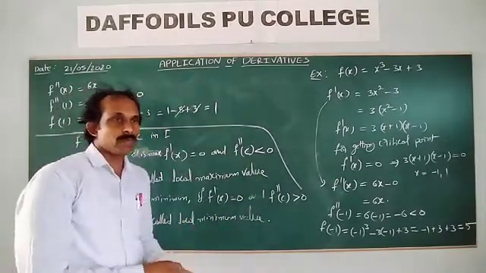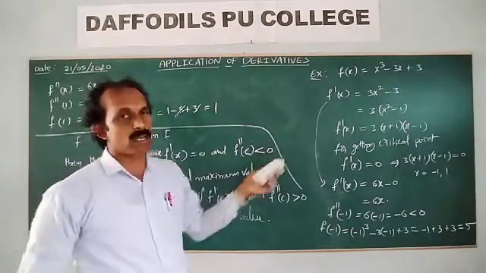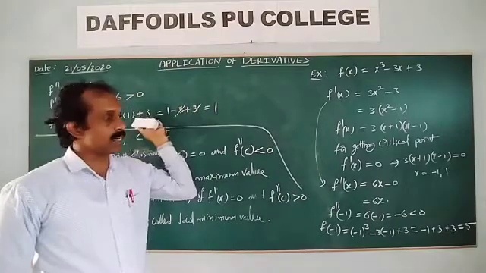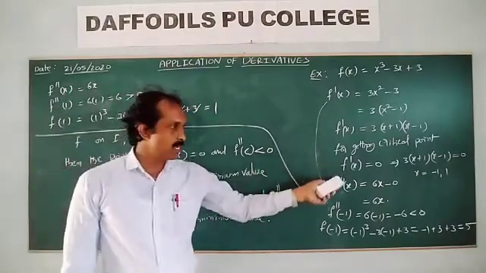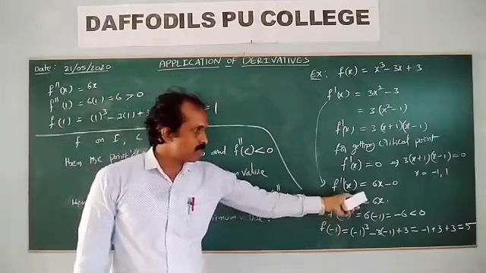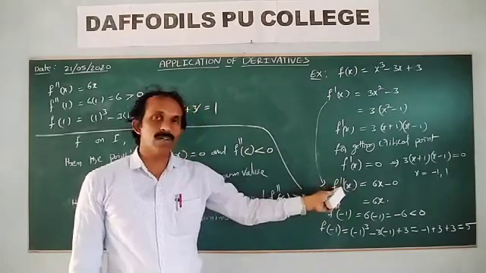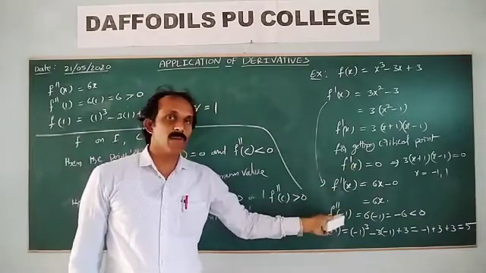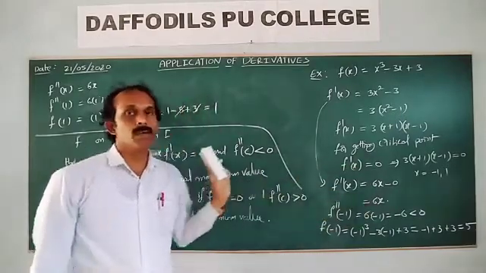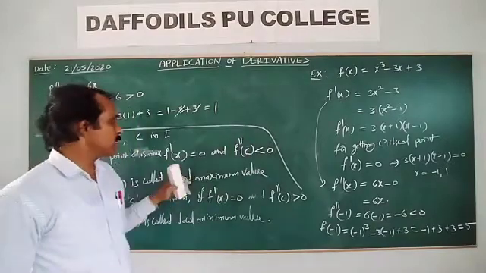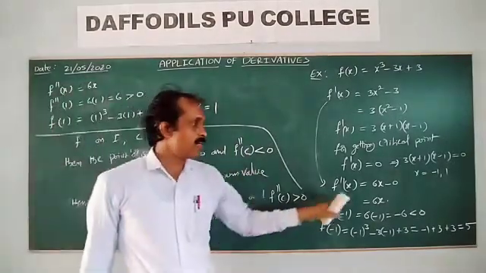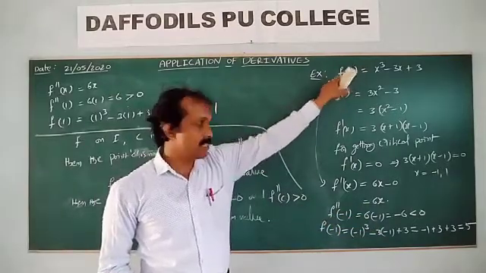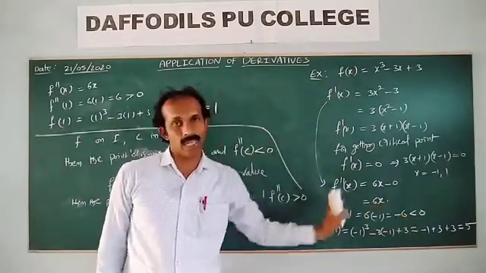In exams, if they particularly ask for the first derivative test, use the neighborhood points. Otherwise, if they are not asking, we directly do the second derivative. First find the critical points. Next find the second derivative of the function and decide using the critical points. Less than 0 means maximum value. And what is the maximum value? Substitute the critical point in the given function. Here 5 is the maximum value.